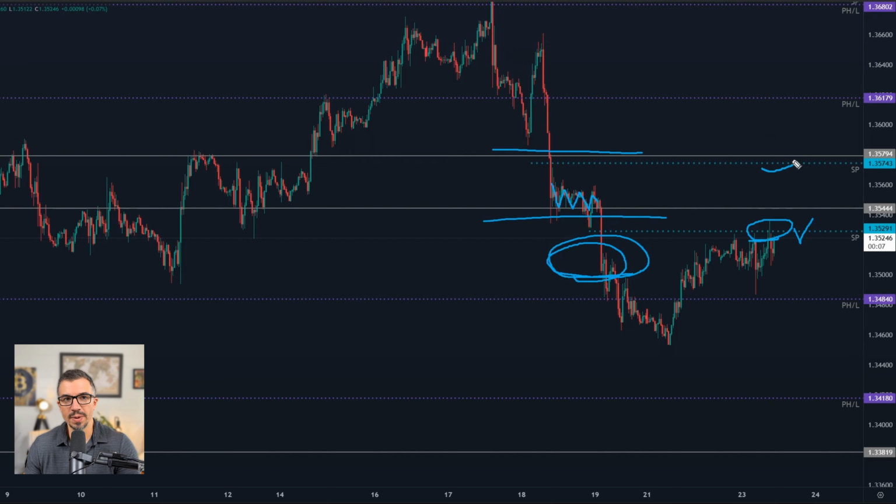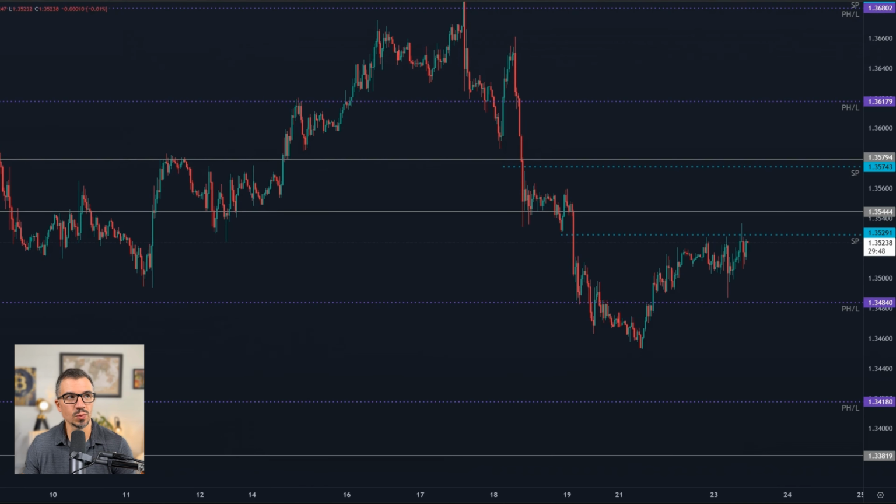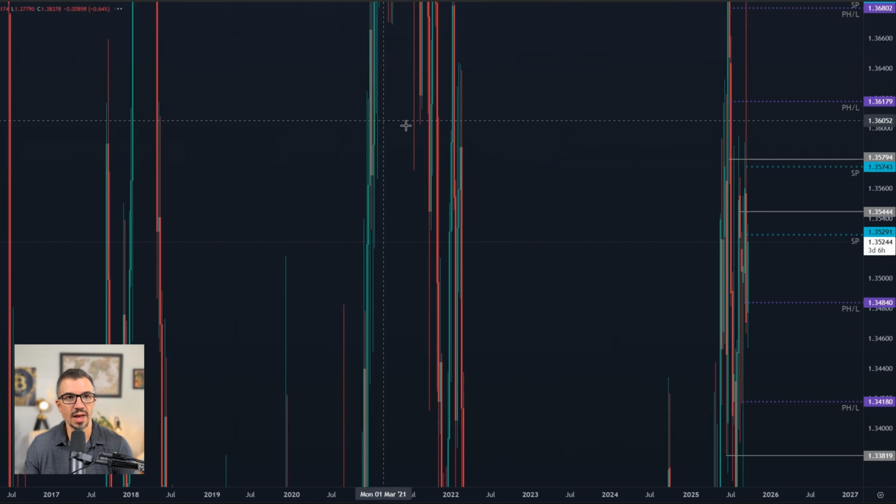However, this upper one up here is still open for business. Okay, so this is going to be a big test now for this market, and whether or not we see the market come up here and tag this area as well is yet to be seen. However, the fact that we have that single print up here, also the DXY below 97.7 still,